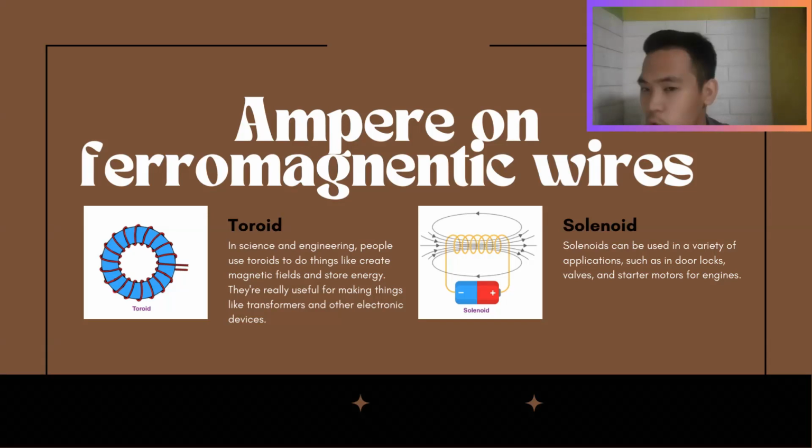So now let's focus on toroid and solenoids. So how does toroid and solenoid fit in Ampere's law? Well, to find that out, we need to look into what a toroid and solenoid is. So ano nga ba ang isang toroid at ano nga ba ang isang solenoid? Paano sila nagdi-differentiate? Ang isang toroid, so ito ang definition muna ng ating toroid.